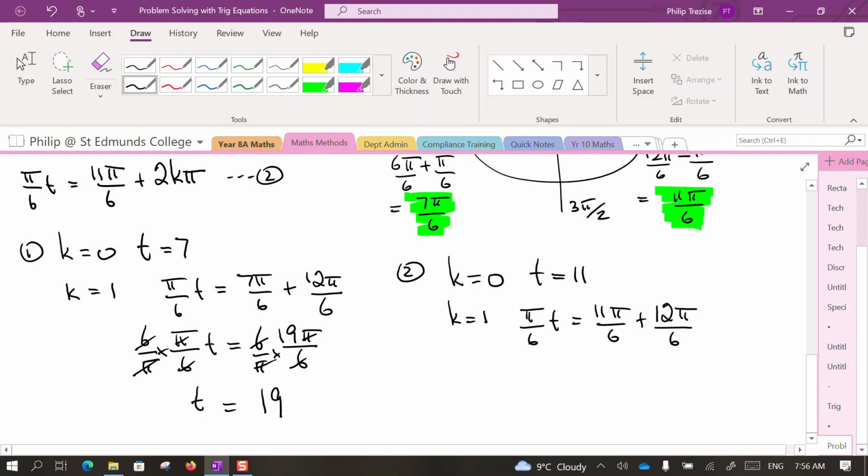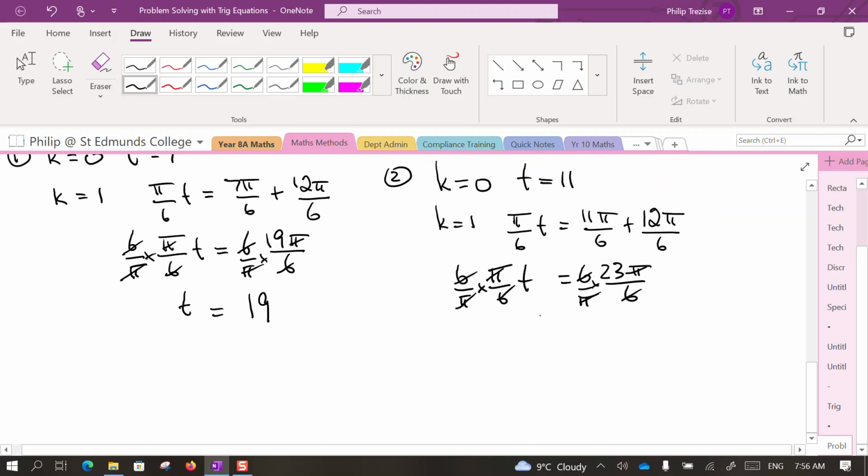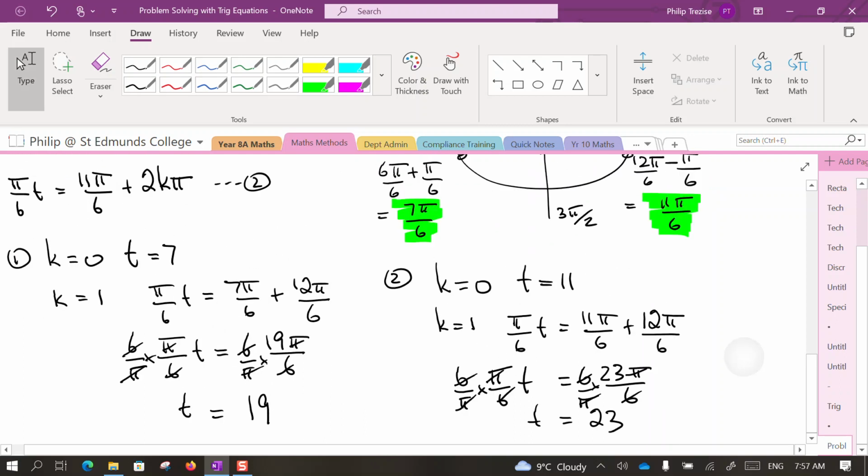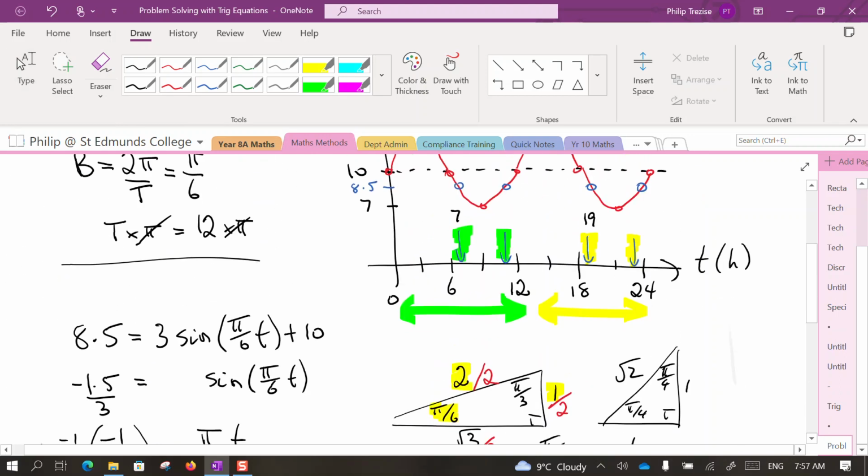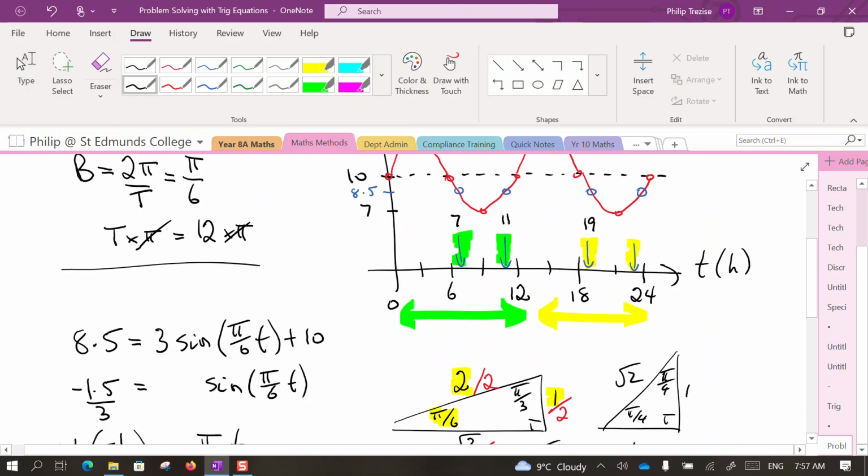Again, I'll express that as 12 pi over 6. So I end up with 23 pi over 6, and this was pi over 6 times t. Opposite is multiplied by 6 over pi, multiplied by 6 over pi. All of those cancel, and I have t equals 23. So the solutions for this one were 11 and 23, and I go back to check, and that matches there,